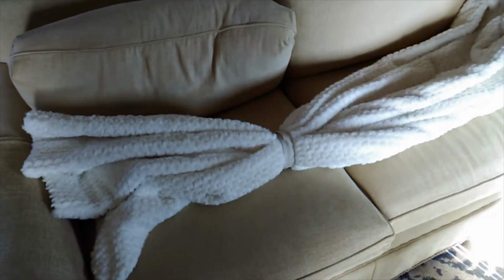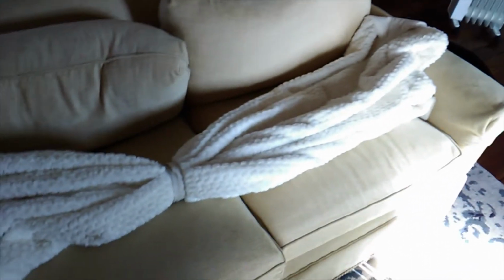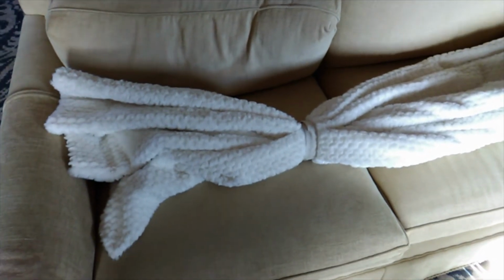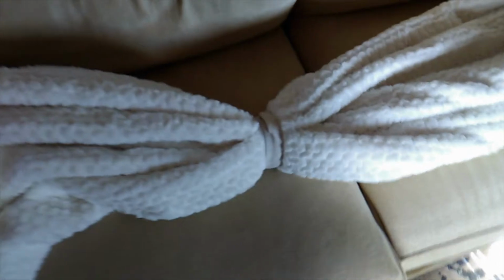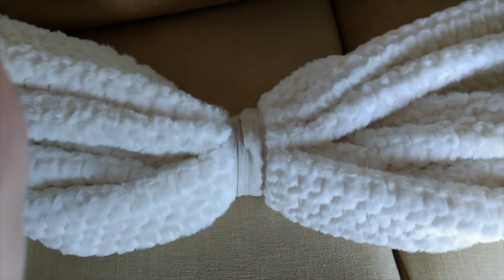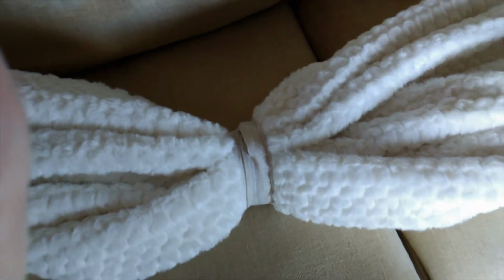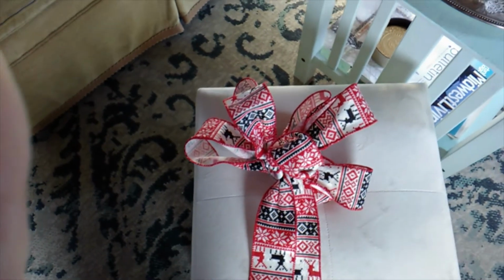Cold weather and snow are expected for this weekend, so I've decided to add some extra throws around the inn, and I wanted to make them pretty for Christmas. So I've accordion folded this throw, and I've tied it up with some Velcro on the end of a ribbon here. And now I'm going to add this beautiful bow to it and put it over a chair in the